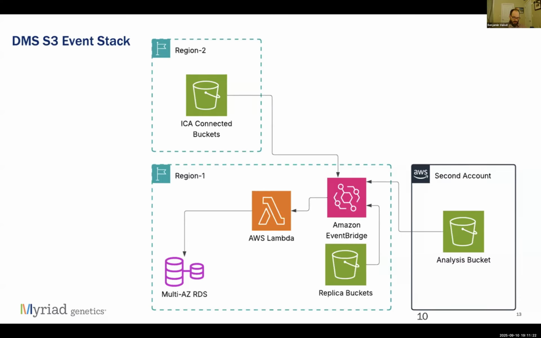I'm going to go over briefly, at a top level, how the DMS is set up because it's necessary to understand this, but we're going to go over it in more detail in Eric's talk following mine. DMS is set up to listen to events from buckets, from other accounts, from other regions, and these are all fed into EventBridge. Our first naive setup had every event that hit EventBridge lead to a Lambda execution, which then led to adding something to the database. As you might imagine, this immediately came into some problems.